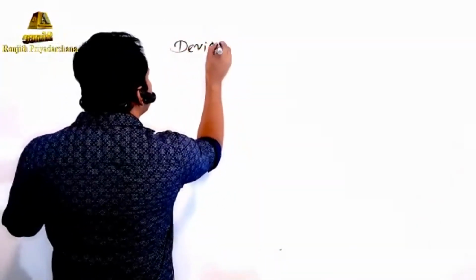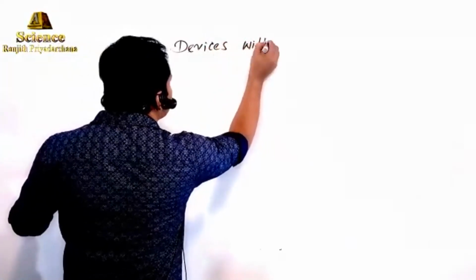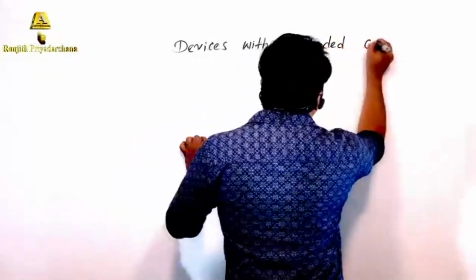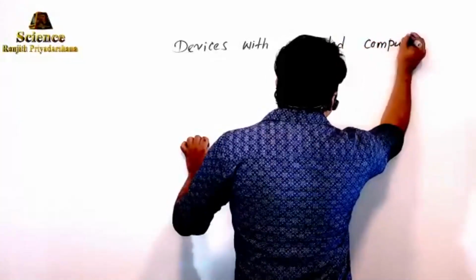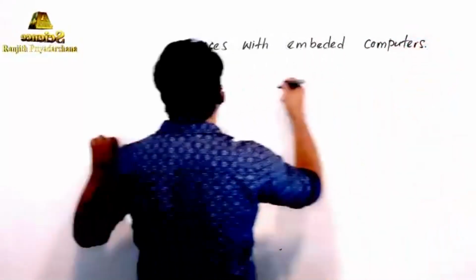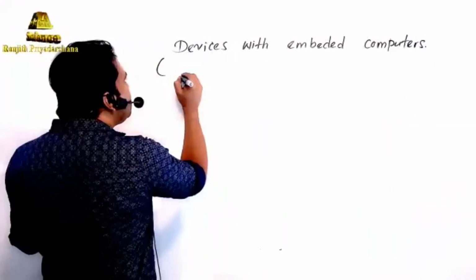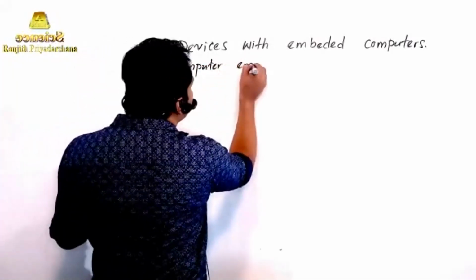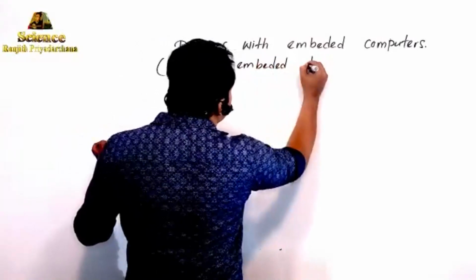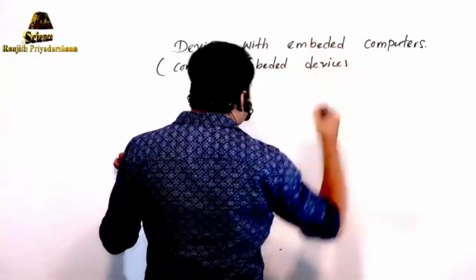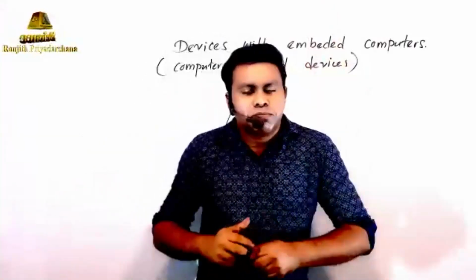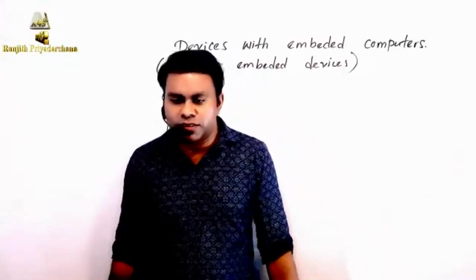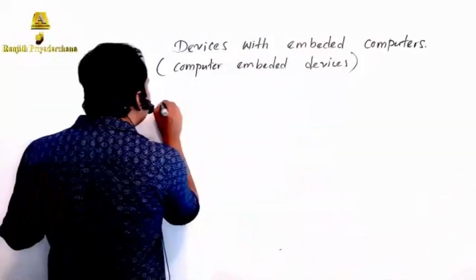Devices. So that's devices with embedded computers, or you say computer embedded devices. What's that? Computer embedded devices. Okay. A computer integrated, embedded inside it. Okay, so what are they? Smartphones, mobile phones,